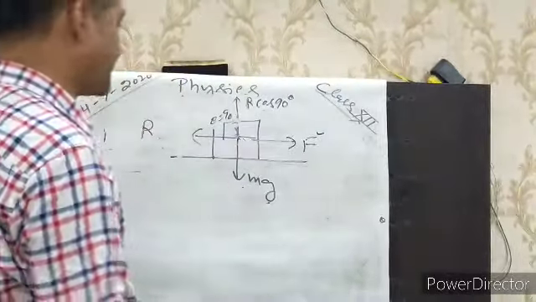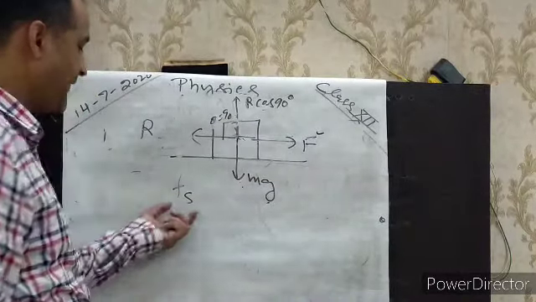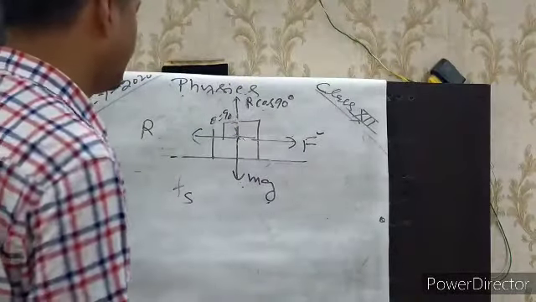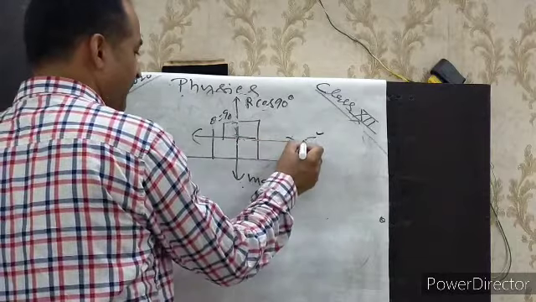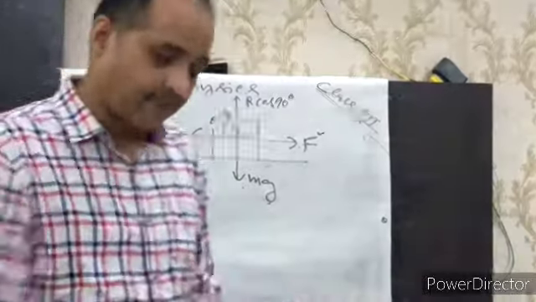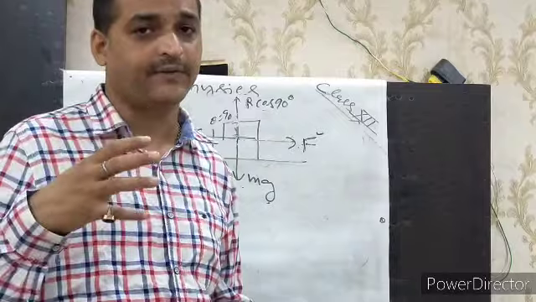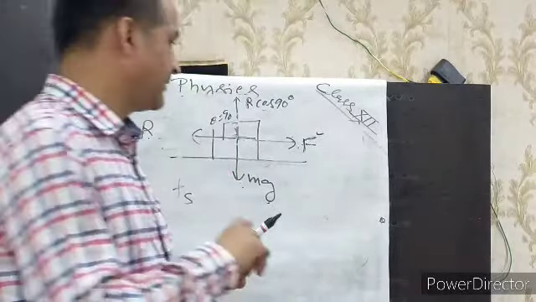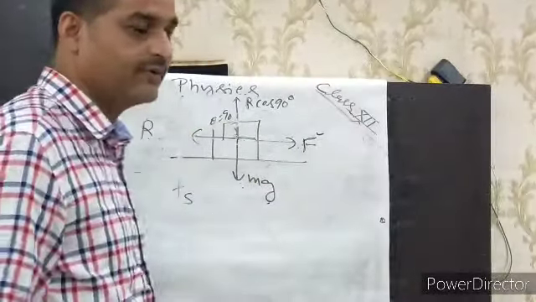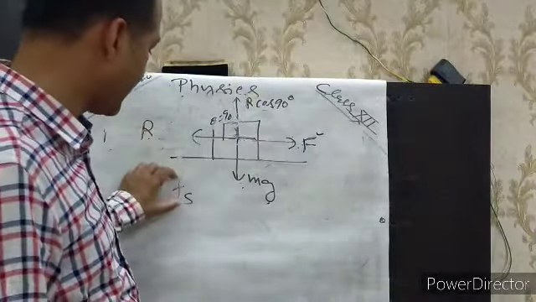Okay. Now the friction is of 3 types. When it is not moving, the friction is Fs. Fs is called static friction. Is it clear? It is called static friction. When we have applied this much force, that it is equal to R, then there is a force which is equal to R. If we increase a little bit greater than R, then the body will move. Then it means the maximum friction force.